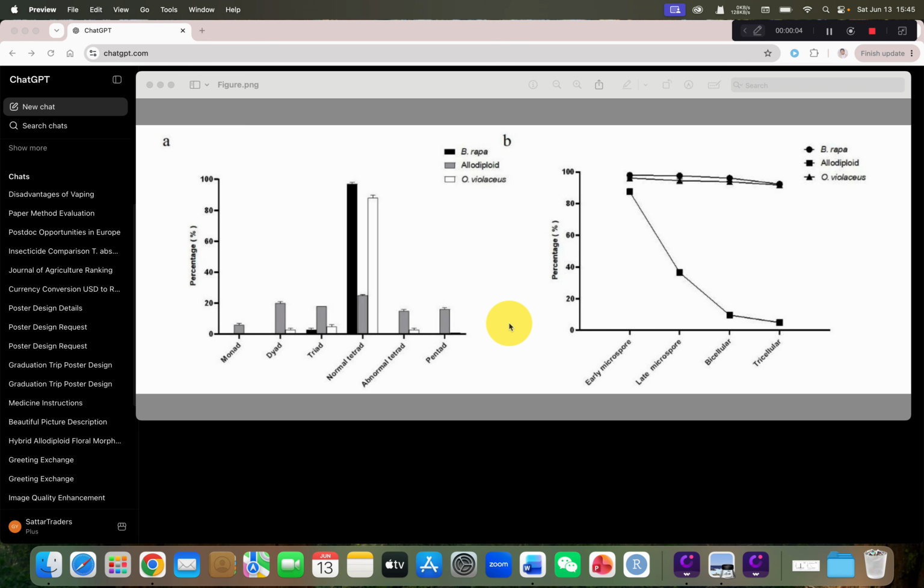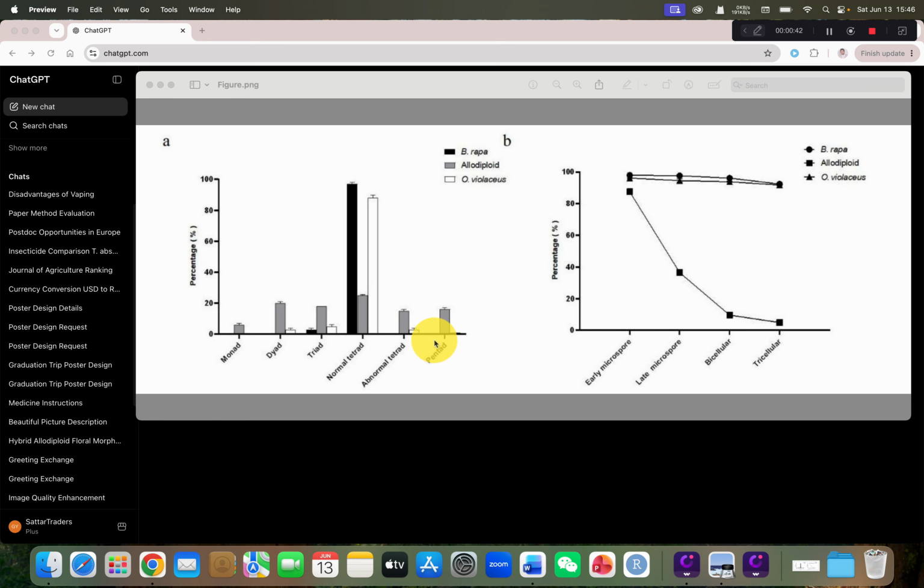In this video, I will show you how we can use ChatGPT to improve the quality and resolution of any figure. As you know, most of us have often faced difficulties in improving the quality and resolution of some figures, especially when an editor or your supervisor asks to improve the quality. So today I will give you a way using which you can improve the quality and resolution of any figure you have. In this example, you can see we have one figure